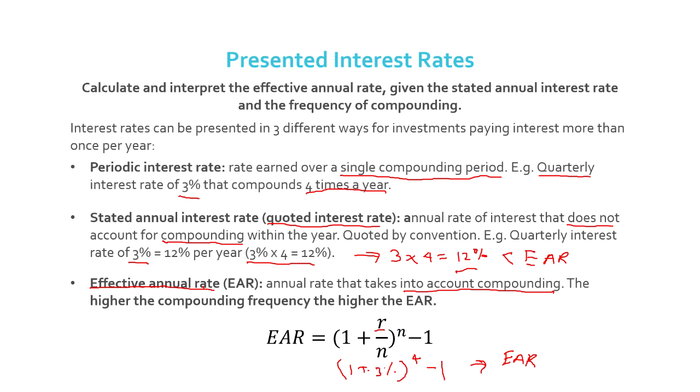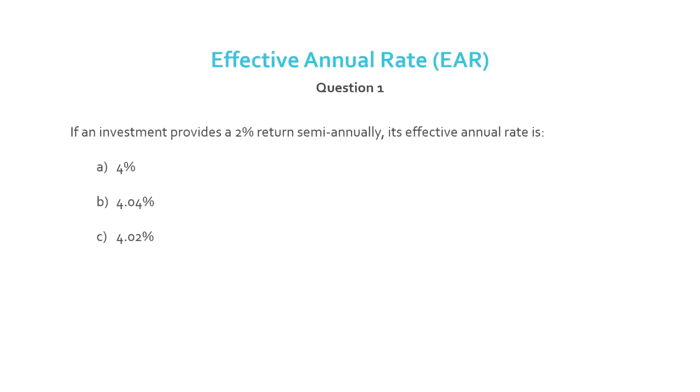So the easiest way to look at this is probably through some questions. I've got a couple of different CFA style problems that might help you understand EAR a little bit better. Question 1: if an investment provides a 2% return semi-annually, its effective annual rate is going to be what? So using our effective annual rate formula,